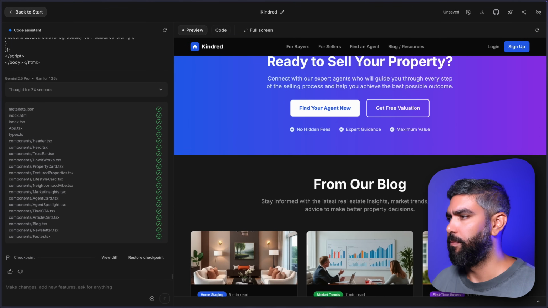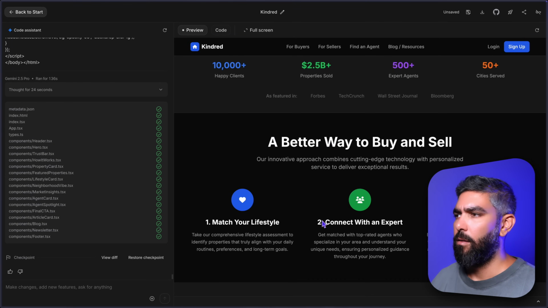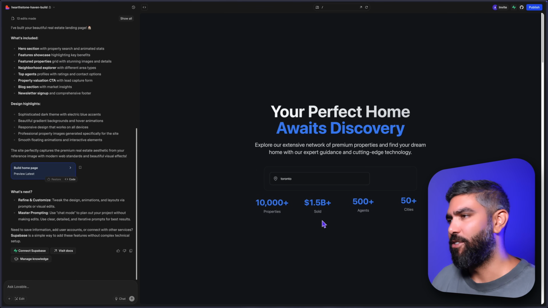Really cool. But Lovable always adds a nice touch with animation and interaction in the website. Now here's what happened. Lovable could not accept the context of the whole code that was generated by UX Pilot,